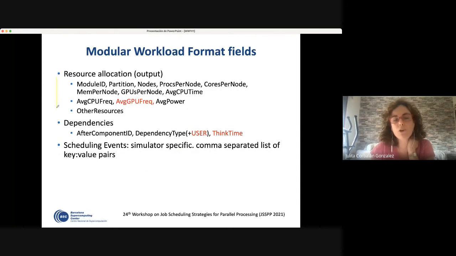The section for resource allocation will be, as in the standard workload format, to reflect what you were using. So it's an output. There are basically the same details as in the input, but exactly the resources you have received, okay? And in the case of dependencies, I have put that in red because I had the feeling when we were doing the paper that the think time was something we could use to express the workflows. But after reading, and also based on what Dror was saying, I think this think time, and maybe Dror will correct me, was there to reflect the user behavior and not to specify workflows where one job has to start after the other because of data dependencies, for instance. But it could be reused if needed, okay?